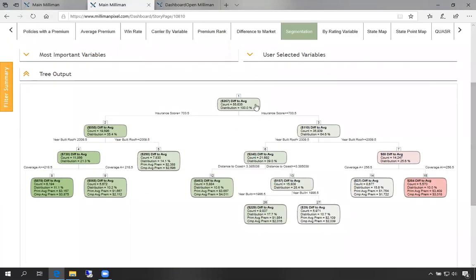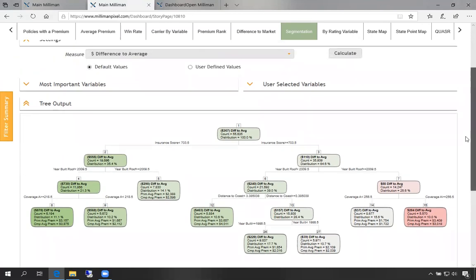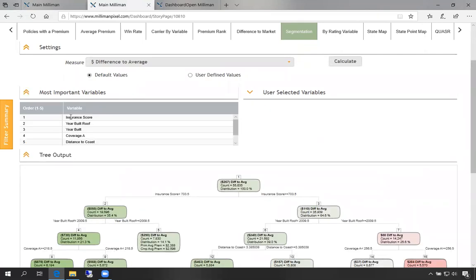So on average, Citizens is $267 below the average. The biggest drivers that popped out here were insurance score, year built roof, year built, followed by coverage A.